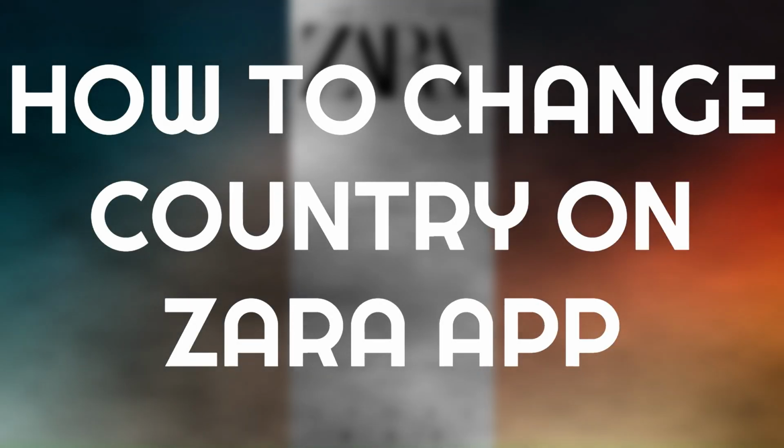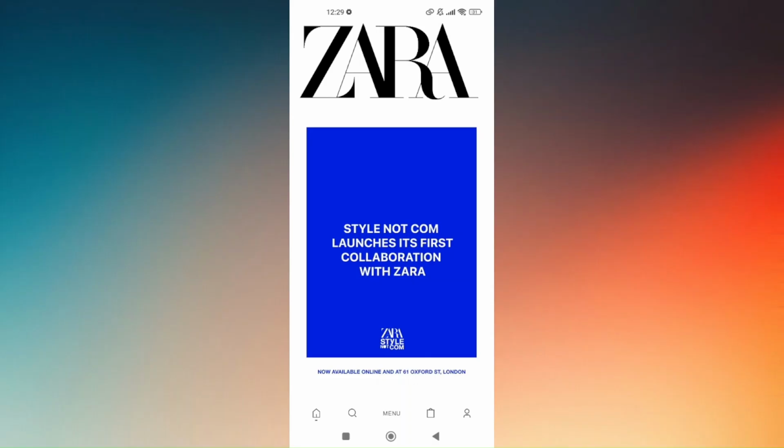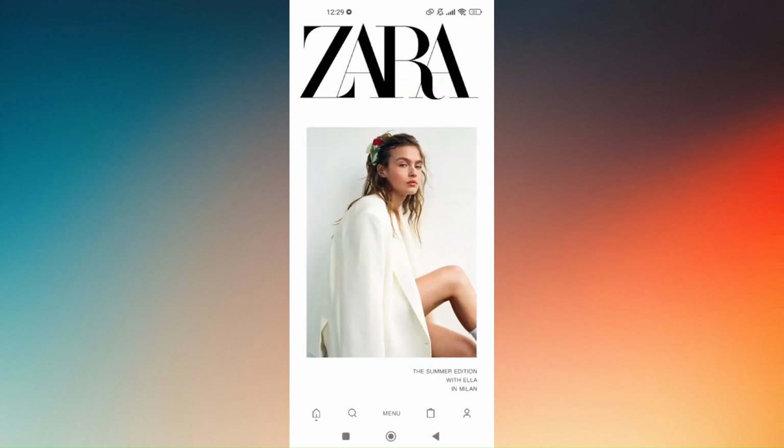How to change country on Zara app. Now first things first, before we dig deep into the process of changing the country on your Zara app store,